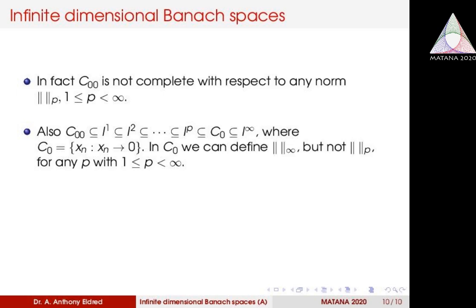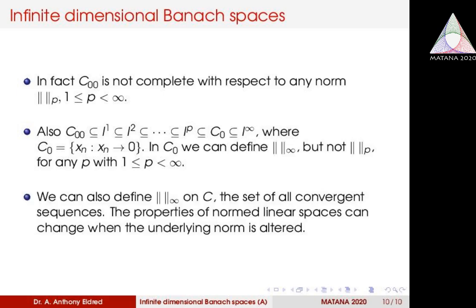But in C0 we can define only the infinity norm, because C0 contains all those sequences which converge to 0, but we know that if a series converges then the nth term goes to 0, but the converse is not true, that is the nth term may go to 0 but the series need not converge. So in C0 we cannot define any other p norm, but we can define the infinity norm. So C0 will be a subset of L infinity, and also C0 will be a